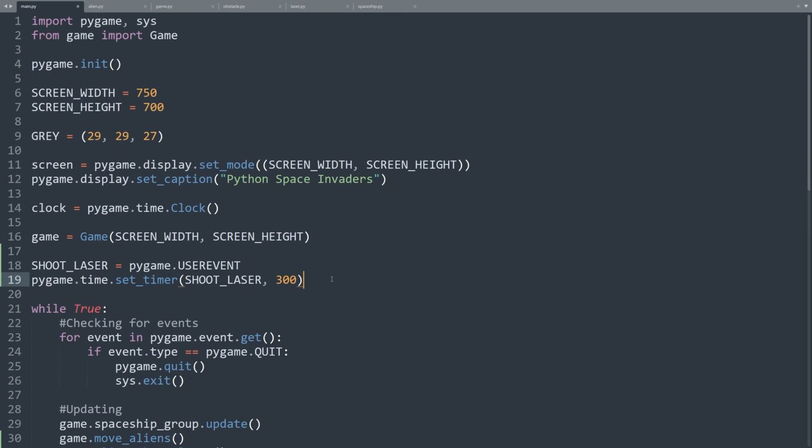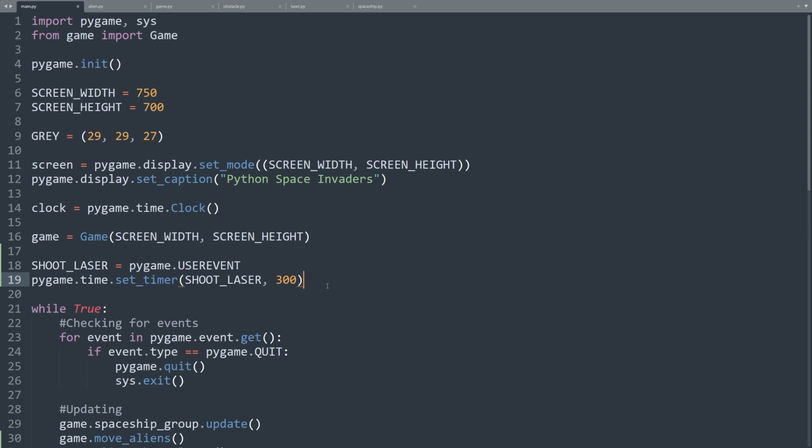The first argument is the event that needs to be triggered, and the second argument is the interval in milliseconds. In this way, we are ensuring that the game is shooting lasers from the aliens every 300 milliseconds and not 60 times per second, avoiding the problem of the laser rain on the player.